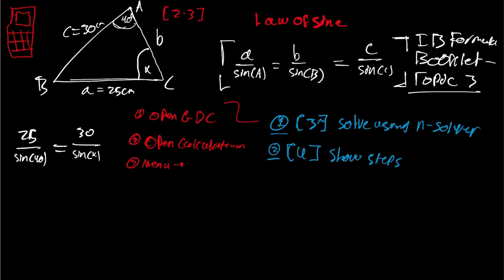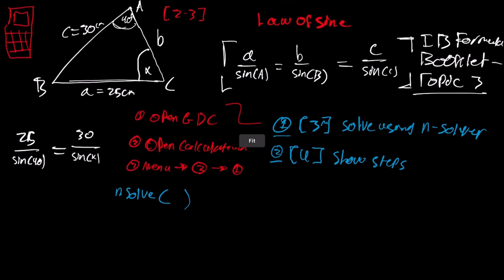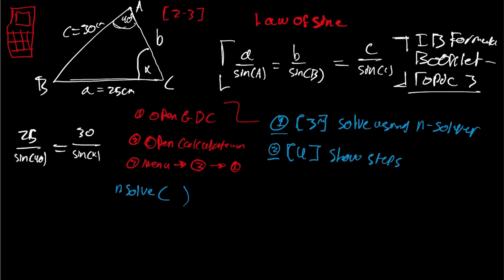I'm just going to put 3. Then click 1. Now, once you click 1, you're going to be met with something like this: solve, with a bracket and a bracket. So what are we going to do once we reach this point? I'm going to go ahead and